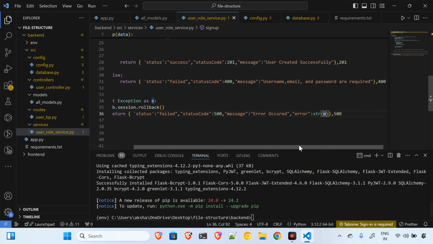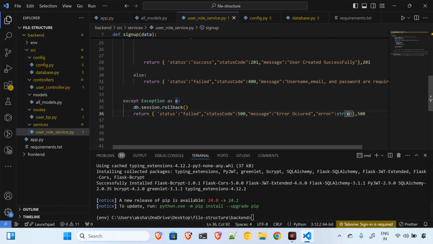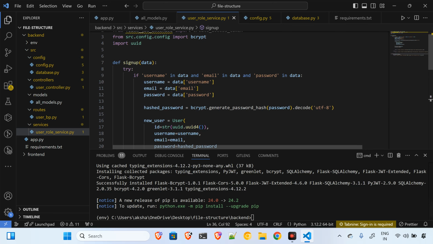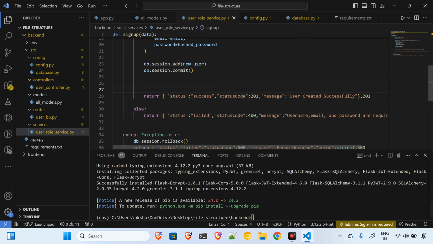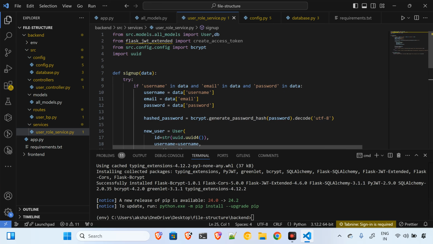So that's why that error will be in this E. It will tell us what this error is. Okay, so this is our sign up functionality, and now what I will do,